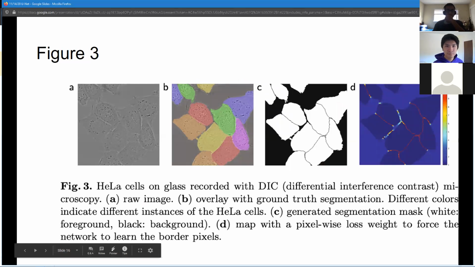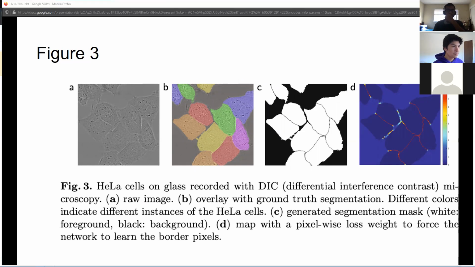We'll cover this figure a little bit later, but this is just some of the examples of the segmentation maps that they got from their outputs. I think in A, that's the input image. In B, this is the result that should be received. And C is what the network generates as segmentation. And then D is the weights, I believe, or I think it's the weights per pixel. You can kind of see where they're drawing the borders based on their network.